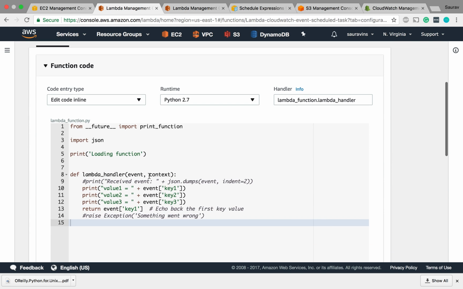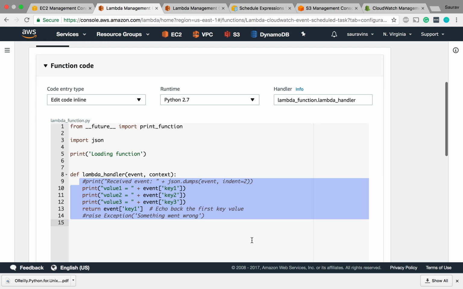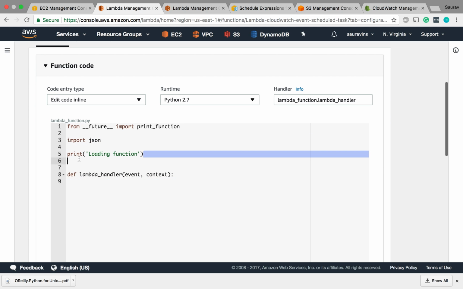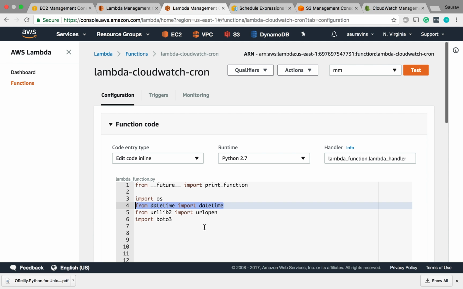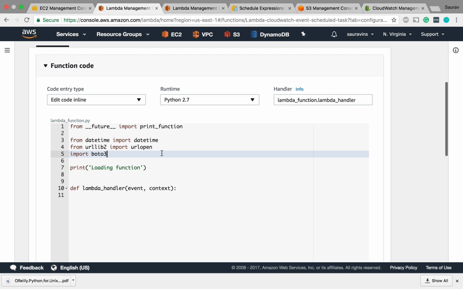Okay, so right now what this is doing is it's just printing something. We won't be using this, so I'm just going to delete everything from here. So what we want to do is I have a function ready here where I will write something to my S3 bucket every minute or every hour or every day. So we're going to do something every minute. I'm going to have my CloudWatch events trigger a Lambda function every minute, and we